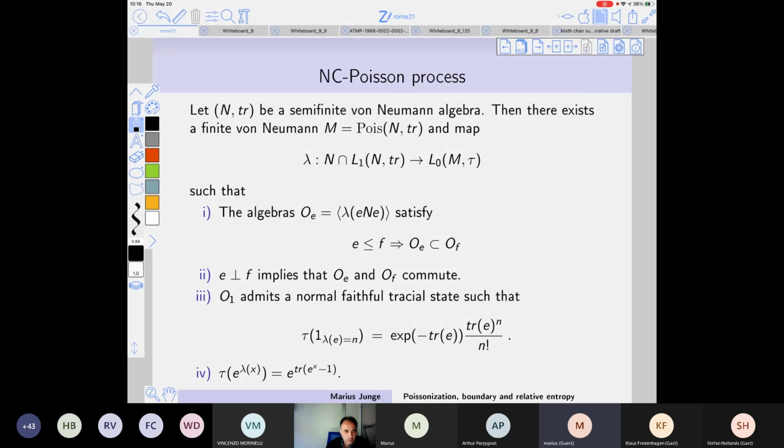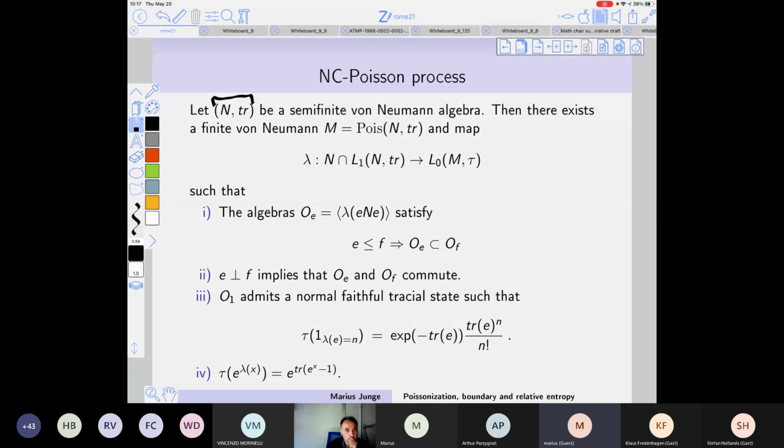So it's easily, so this is a little bit of a caveat here. Many results here, which I've done some years ago, work for semi-finite von Neumann algebras. And if you want to extend them, one has to work harder. But let me stick to the semi-finite case for illustration. So here you start with a von Neumann algebra with a trace, and then you construct another algebra, the Poisson algebra of this guy, and a map from good elements. So these are elements which are bounded and have finite trace norm.